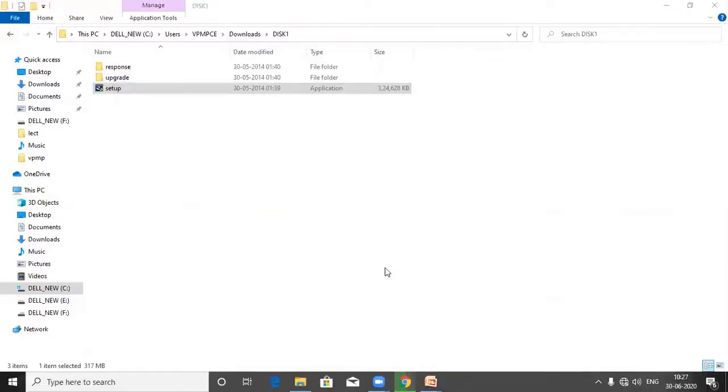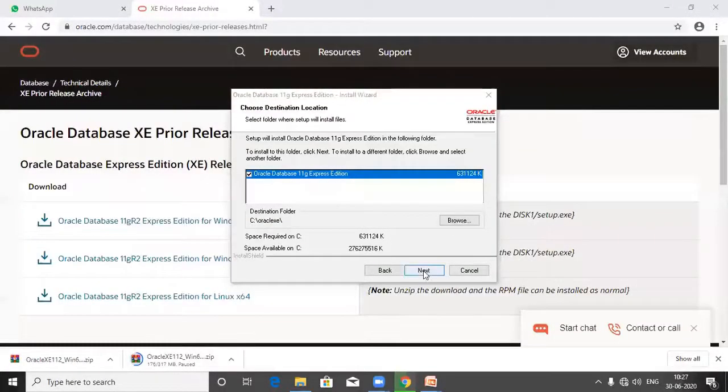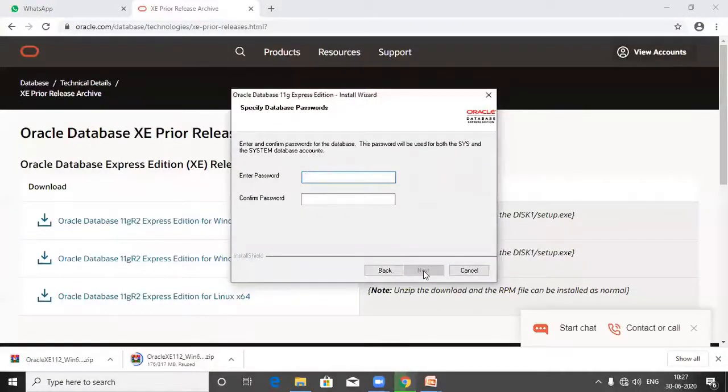Wait for some time. The process will be started in a short time. Now the next window will appear like this. Click on next.